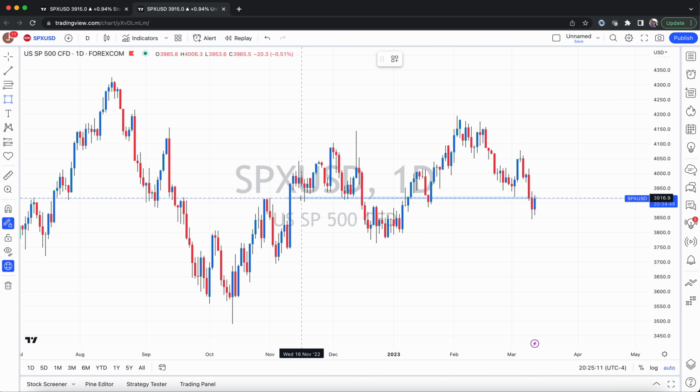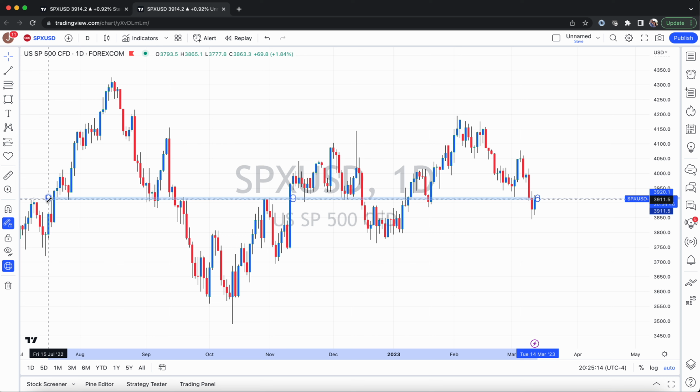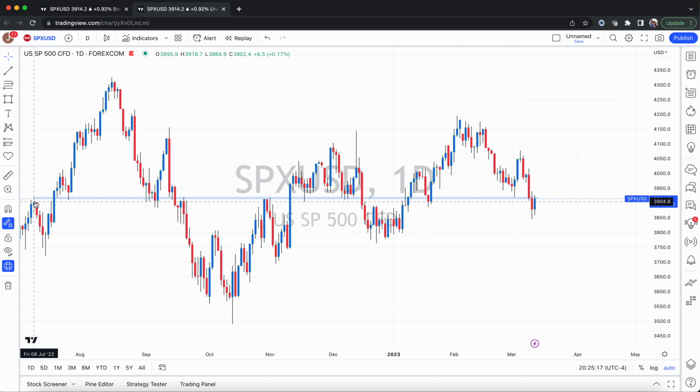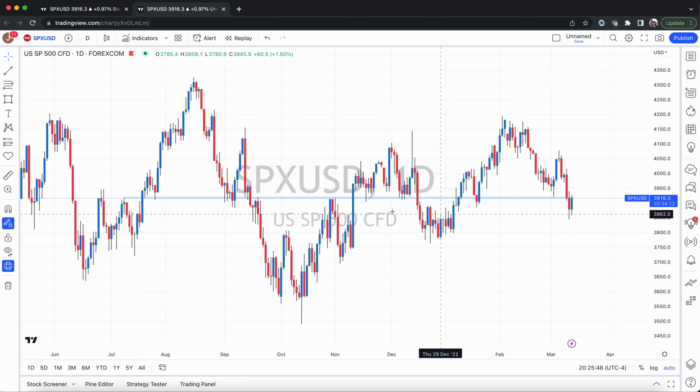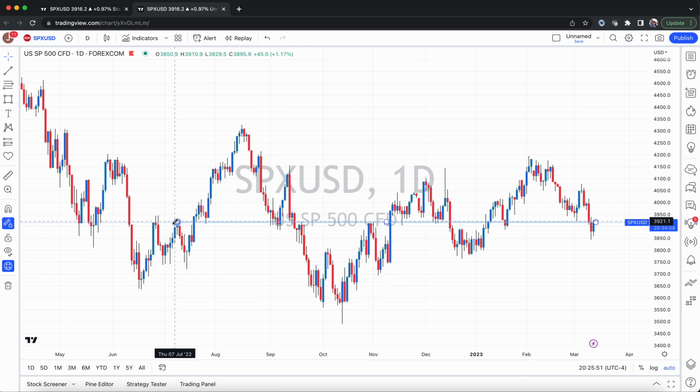Okay, so this level that we just drew, right? Look how far back it goes. July 2022. Huge rejection, huge bounce, huge bounce, huge rejection, bounce. Bounces, not much action here on this day. Rejection, this is still a huge wick at the top, still rejection. Small bounce, bounce here as well. And now it's rejecting on that same level. What this tells us is that this area is of much importance to SPX